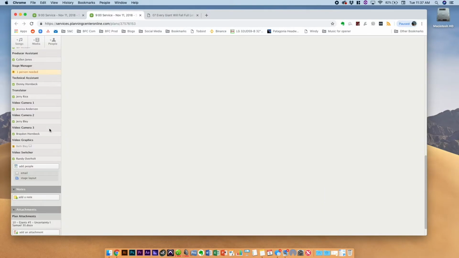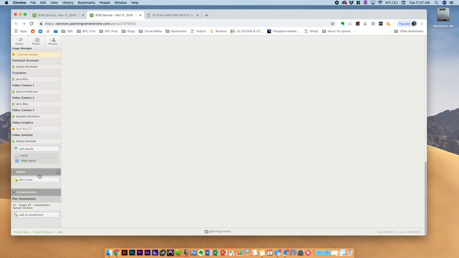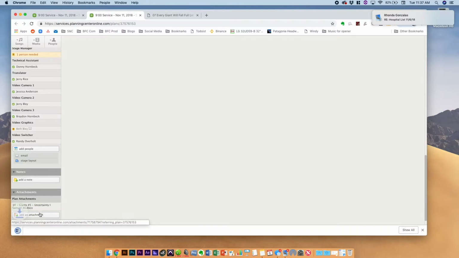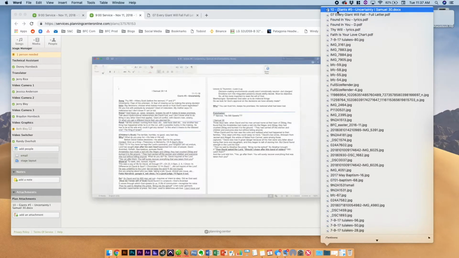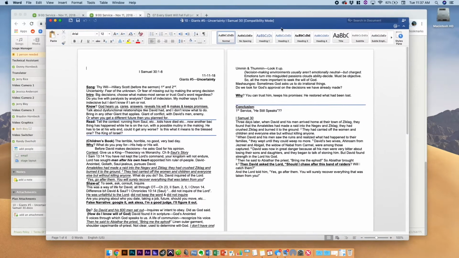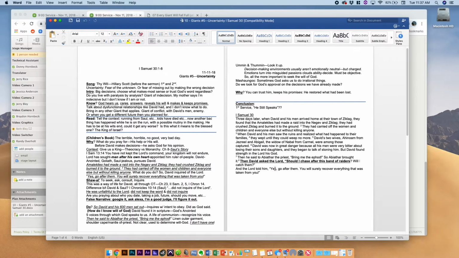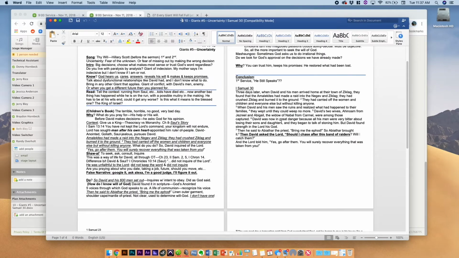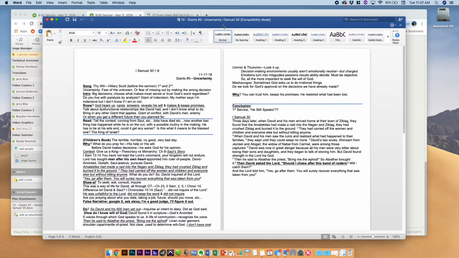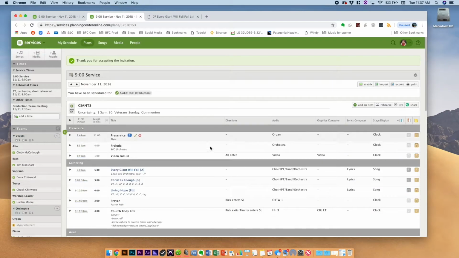If you keep scrolling down, there's a note section and an attachment section. Sometimes we'll use these, sometimes we won't. Right now we've got Rick's sermon notes in the plan attachments, and so you can click on that and download those, and you can see Rick's sermon notes. There they go. These will change heavily by Sunday. He'll pare all this down, and it'll be way shorter on Sunday. But anyway, that's kind of the basics overview of a